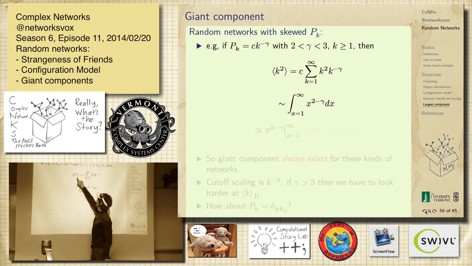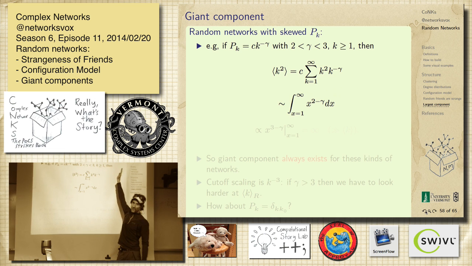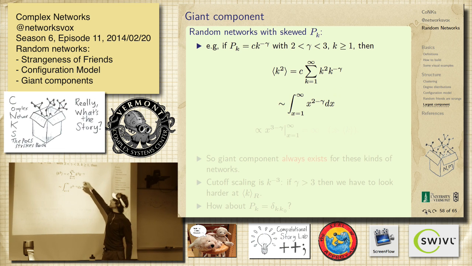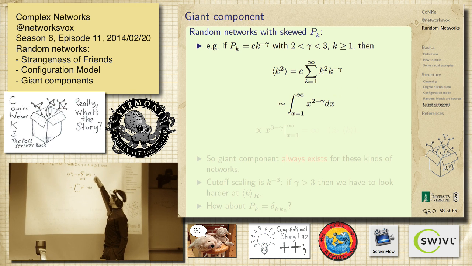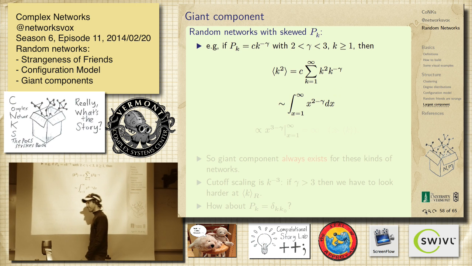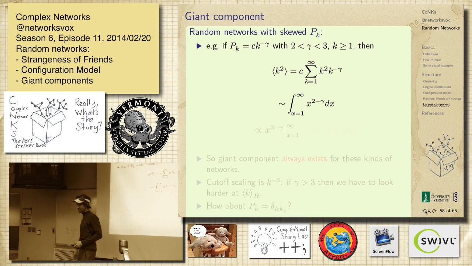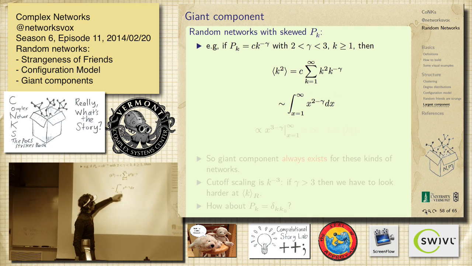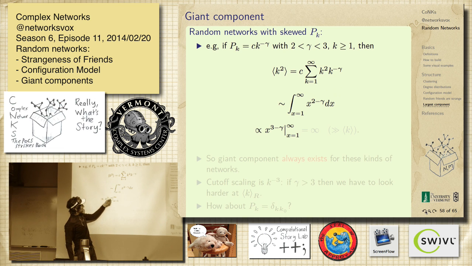So the second moment is the crucial piece here. So we're just going to compute it, k squared. Here's our distribution, k to the minus gamma. We approximate this sum with an integral, because we're bad people. It is a zeta function. We don't have to do this. But anyway, so it's x to the 2 minus gamma. We're just being lazy. Yeah, fine. And integrate this thing. So it's x to the 3 minus gamma. There's some constants. We have proportional signs.